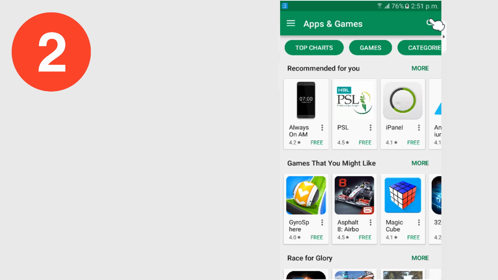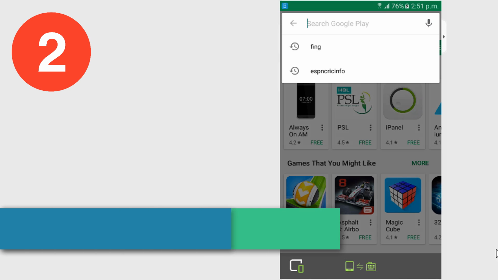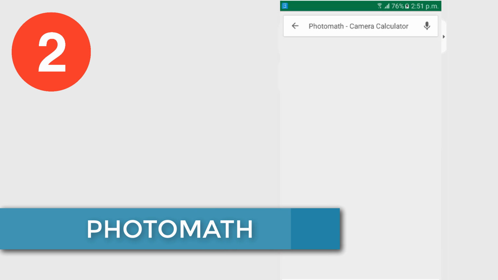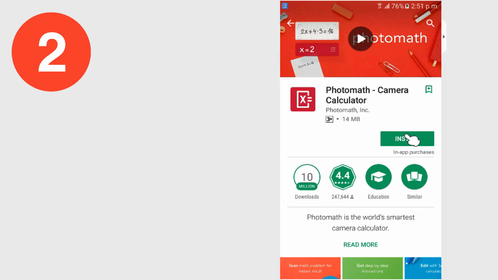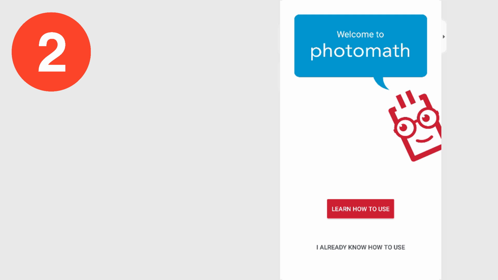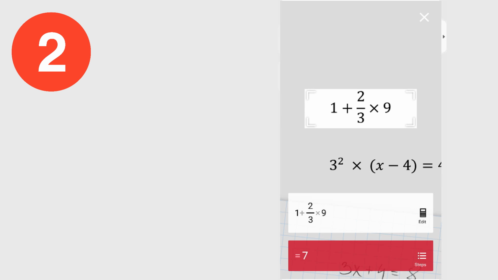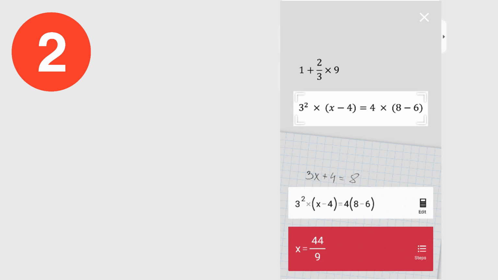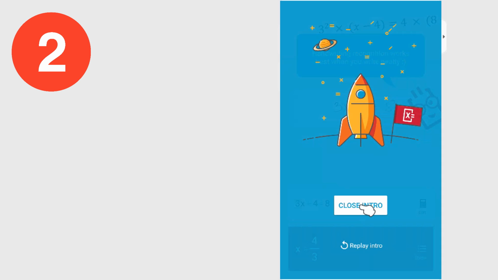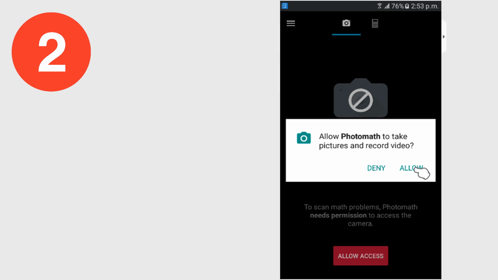Step 1. You need to go to Play Store and search Photomath. You need to install this app on your smartphone in order to solve math using your phone camera. Once you install the app, you will be given a free tutorial on how to use Photomath for solving a problem. After following every tutorial, you will be redirected towards the main page of the app and you will see